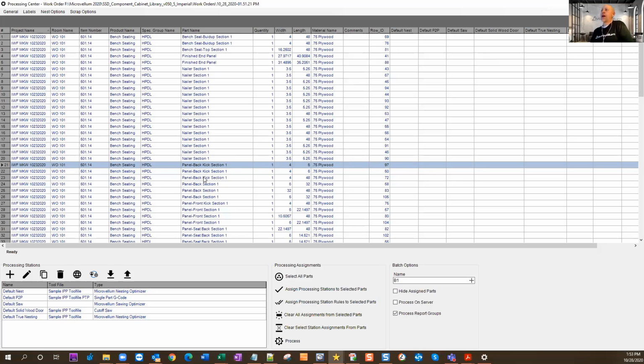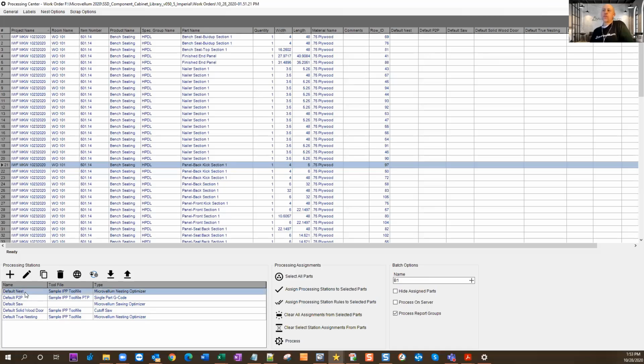If that's something that would be useful for your company, you could certainly talk to your account manager about getting some additional training on that, or maybe additional work on setting up your parts so they auto-populate to the machinery. Where that might come in handy is if you have certain parts that have no machining on that just get cut out, and you have a saw and a CNC, you could auto-populate those parts to the CNC,